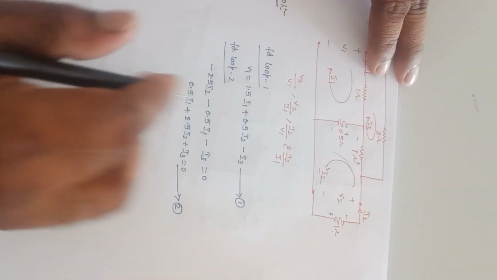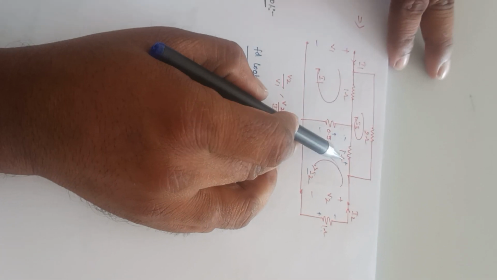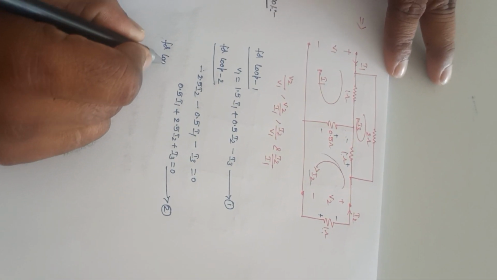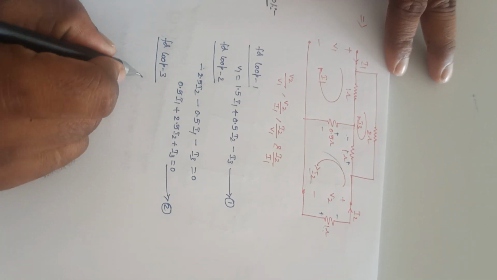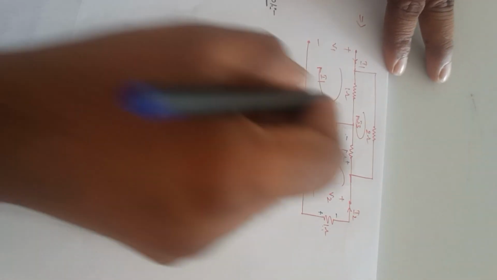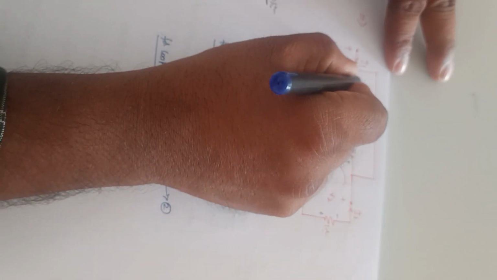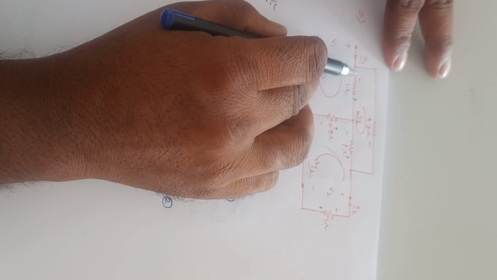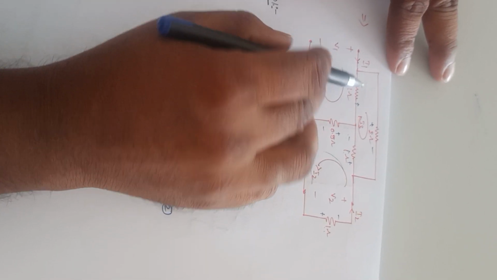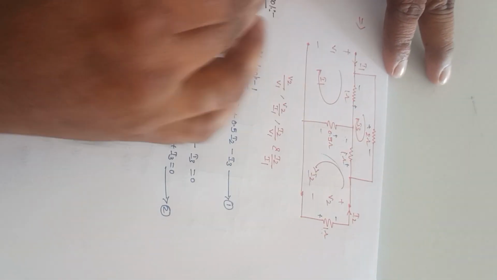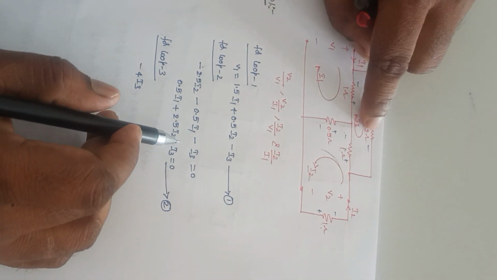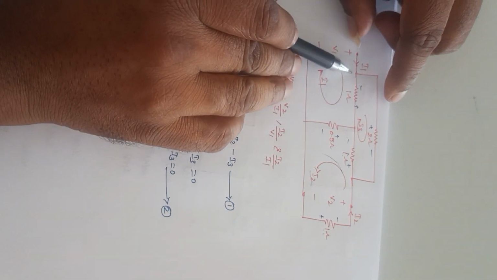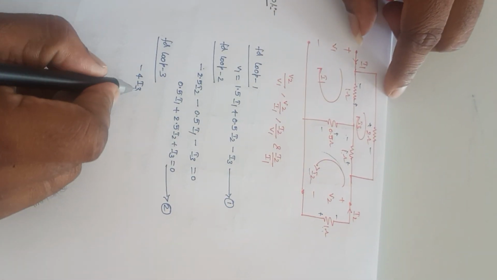Next, for loop 3, so 1 plus 1, 2 plus 2, 4. So for loop 3, 4 I3. So this is plus and minus, plus and minus, plus and minus. If I take the current leaving terminal here as reference, minus 4 I3. Now this I3 and this I1 in this resistor, I3 is going like this, but I1 is going like this, opposite direction. So it is plus